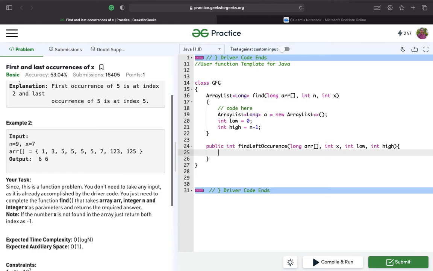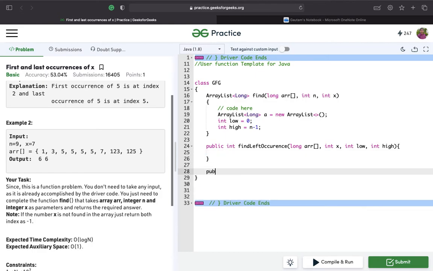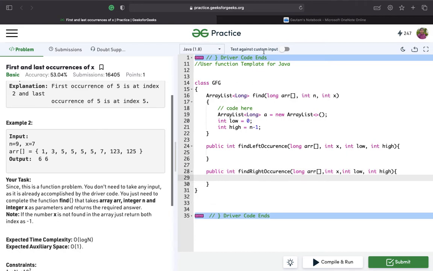Also, let's make another function which I'll name find right occurrence, with long ARR, the target element itself, the low, and high.